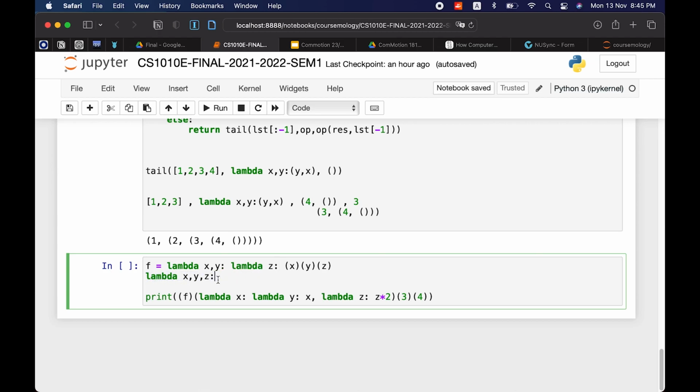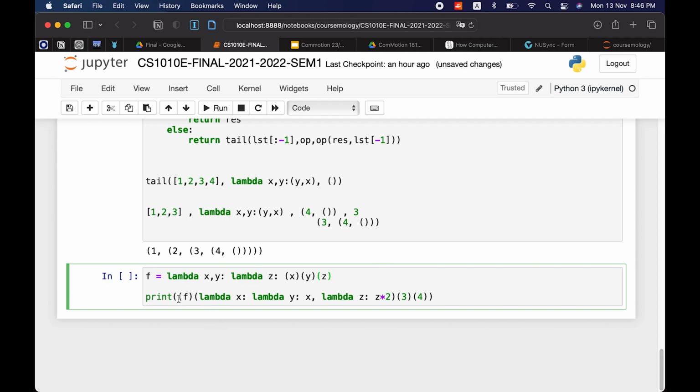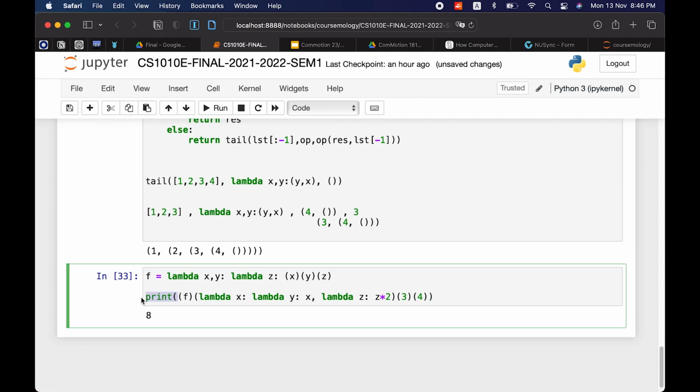It's just a syntactical thing, but let's just agree that this and this are mostly the same. Mostly, for our case, it's the same. I just want to confuse you. So don't worry about it. Okay, let's carry a print statement. For that, the answer is 8.